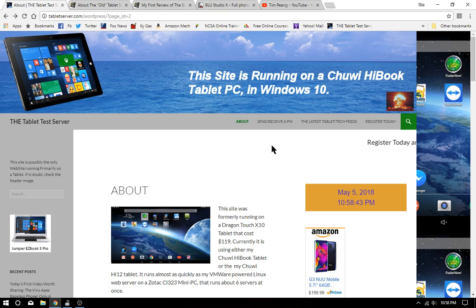Somewhere in here there was an Asus Z580CA that I used to run. I would turn the brightness all the way down and just set it to never sleep, and it would run about 8 hours. But in the meantime, it was time to move on to something real. So I got the iBook, put VMware on it, boom. Within, I don't know, a month or two, tabletserver.com cropped up. In other words, I bought the domain, created it,